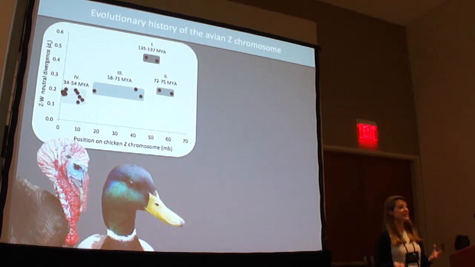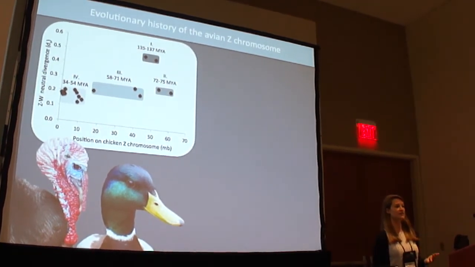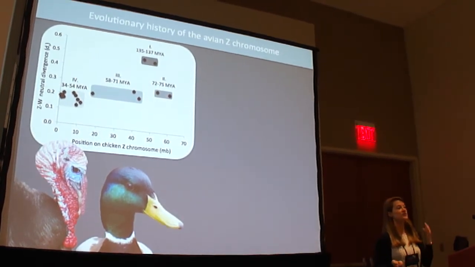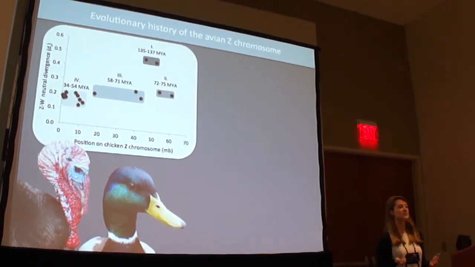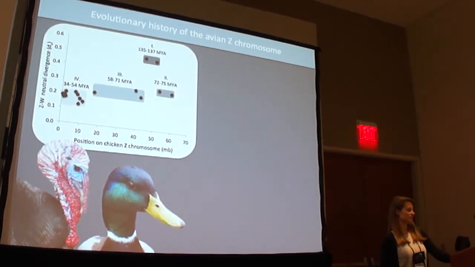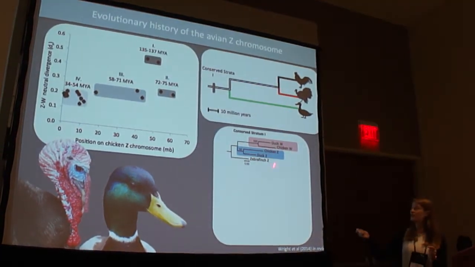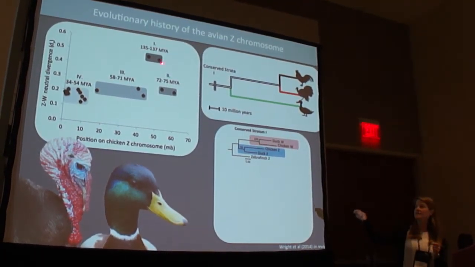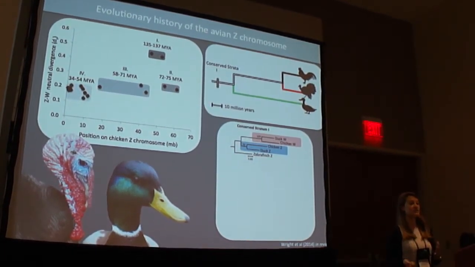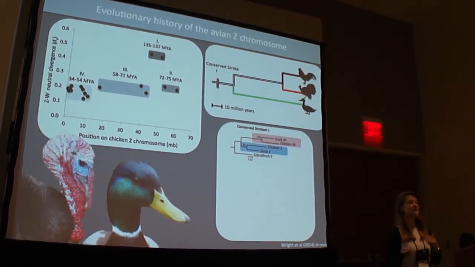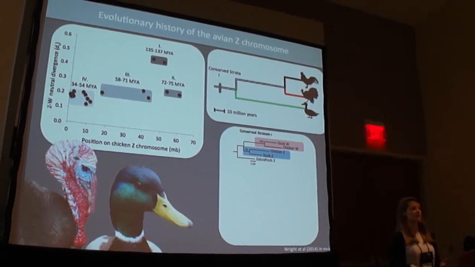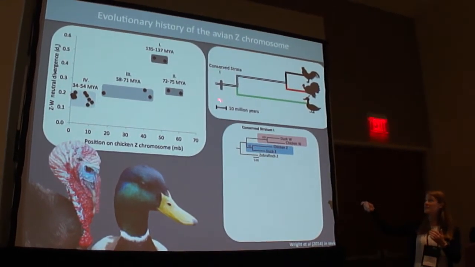And then you can use a phylogenetic approach with these newly identified Z and W orthologs in order to assess when recombination was suppressed. So if it was in the common ancestor of these species or independently in different lineages. And it turns out it's actually a combination of both. So this is a gene tree for a ZW ortholog located in the oldest strata here. And you can see that the duck W and chicken W orthologs cluster together in red, and the Z-linked orthologs cluster together in blue. And this indicates that recombination was suppressed in the common ancestor of these species.